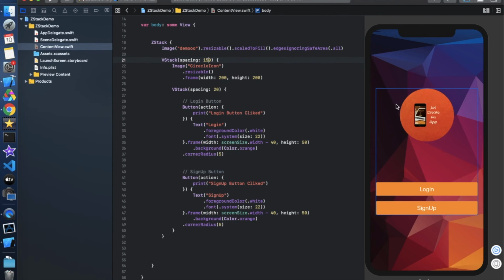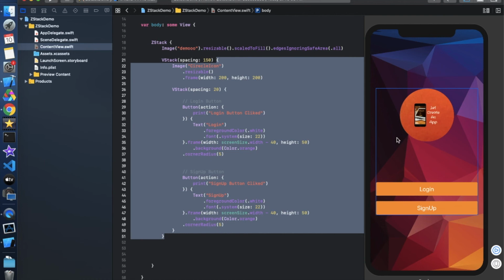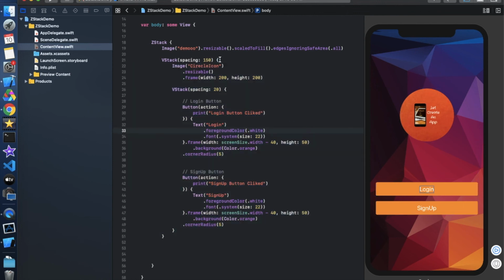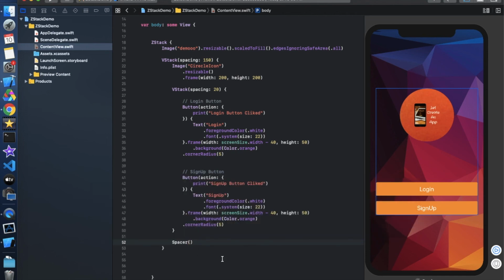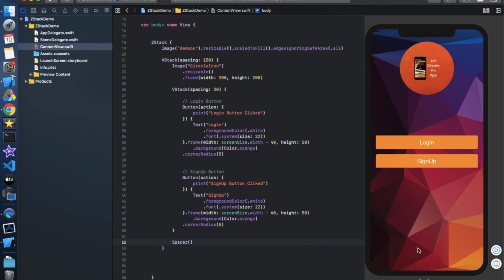also looking cool. But there is one issue, that all the things which we have provided over here are coming in center. We want that whatever view is created, it's coming from the top, like 50 pixels from the top. So for that we have to put one Spacer at the end of this VStack, so that it can push all the things to the top. It will completely fill the space from the bottom like this. So the space which is coming from the bottom will move all the things to the top.